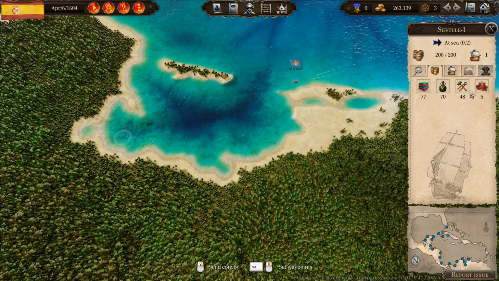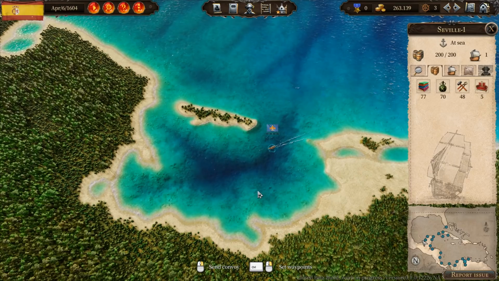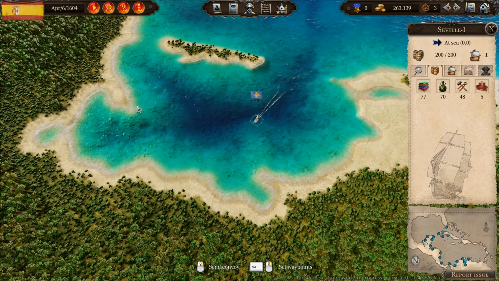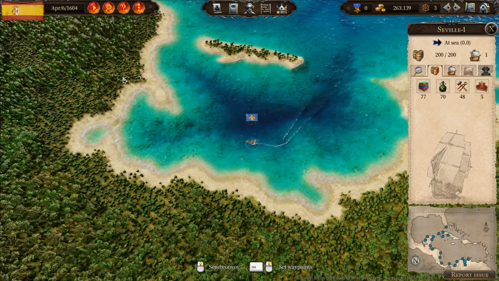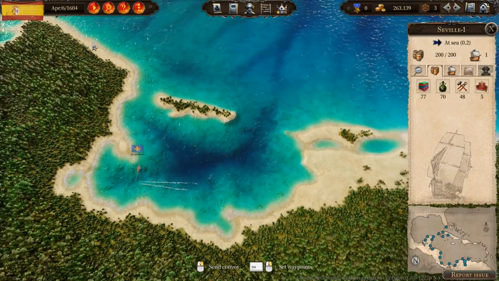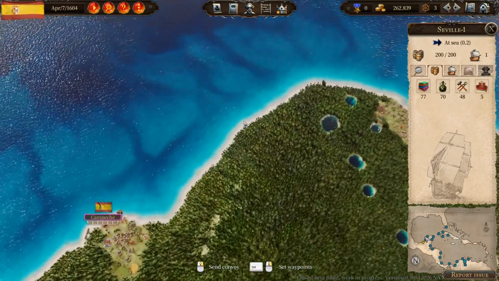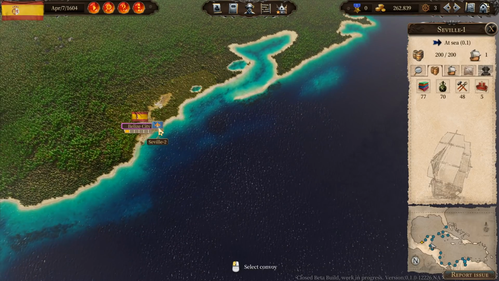It is a bit risky though, because of course I'm not earning any money right now when I'm doing that. But if I find a good city, well then it's actually worth it. And this just looks like a really nice spot here for a city. Unfortunately there's nothing over here. Let's continue. That definitely is another town though, somewhere. Let's continue. While that ship is on its way, let's go to my other convoy that we have over here,